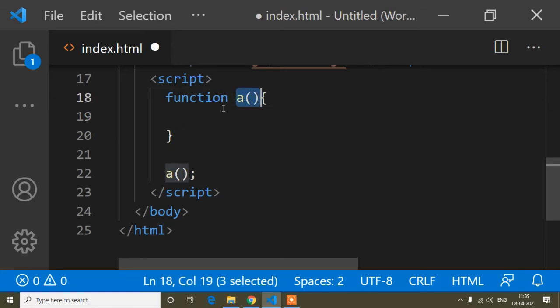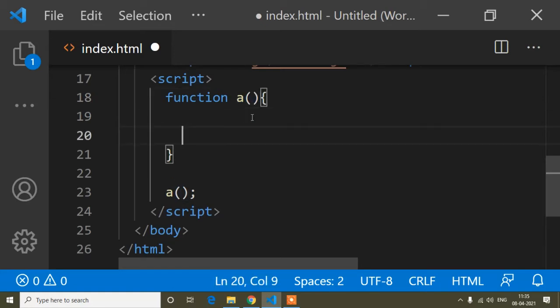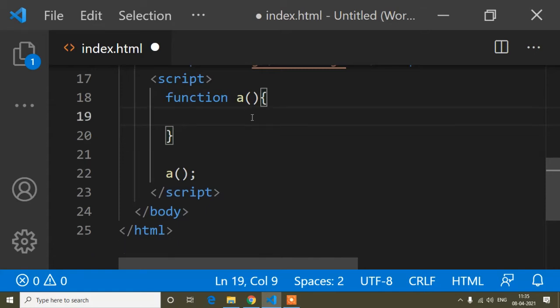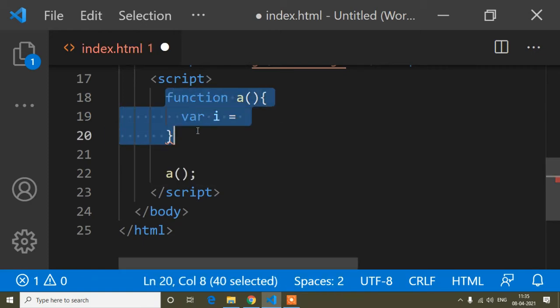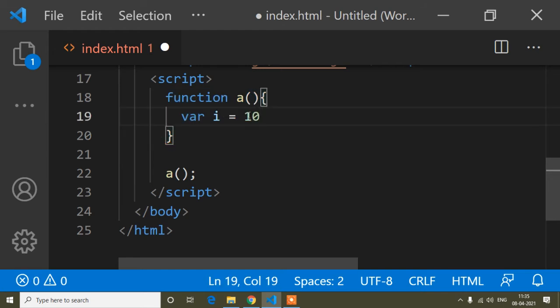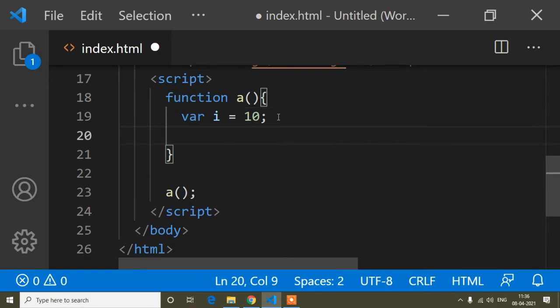So guys, here is the function, and inside this function, suppose I define another function. But before that, in this function I have defined a variable, that is i. So suppose inside this function I have defined i equals 10. Before, I had shown you a variable assigned outside the function, but now I'm defining this i inside function a, and now inside function a I will create another function. The function name is b with parentheses.